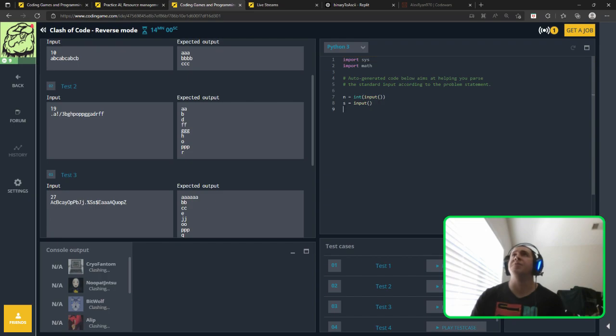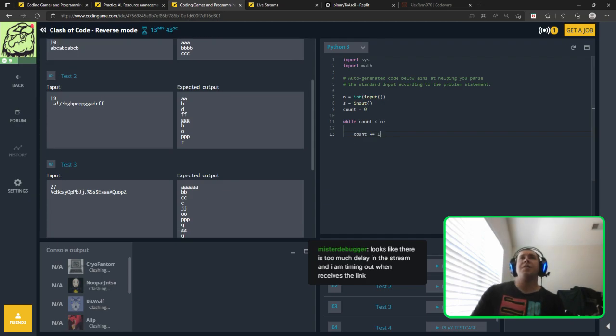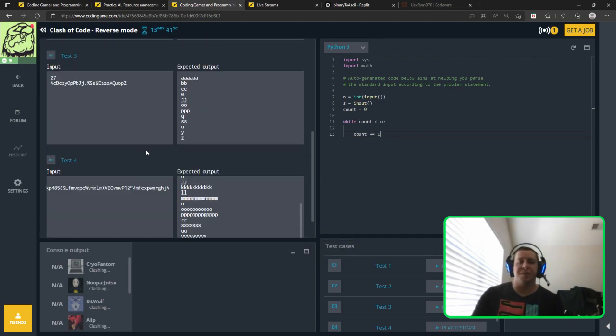Okay, so first I'm going to throw a count in there. Set it to 0. While count is less than n, count plus equals 1. Okay, and then that's kind of dangerous because,